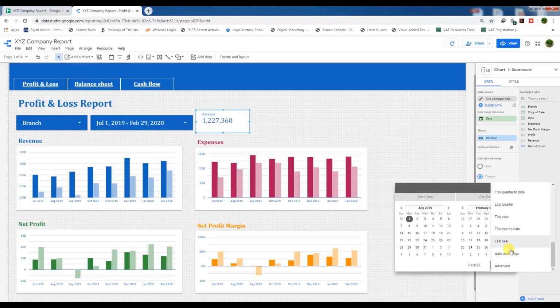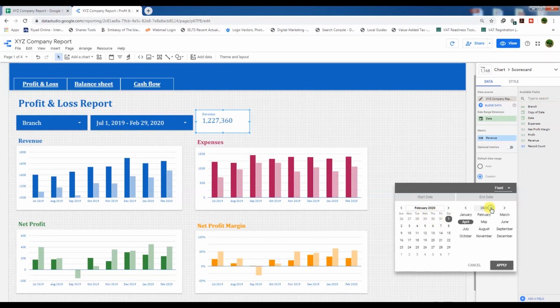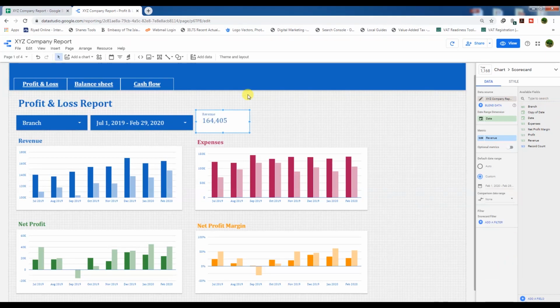last month. The last month will be, as you can see, our data is only till February 29, 2020. So the last month is February 1 to February 29. So our data for the last month is only for this. This is our last month revenue. We need to compare this revenue with the previous period